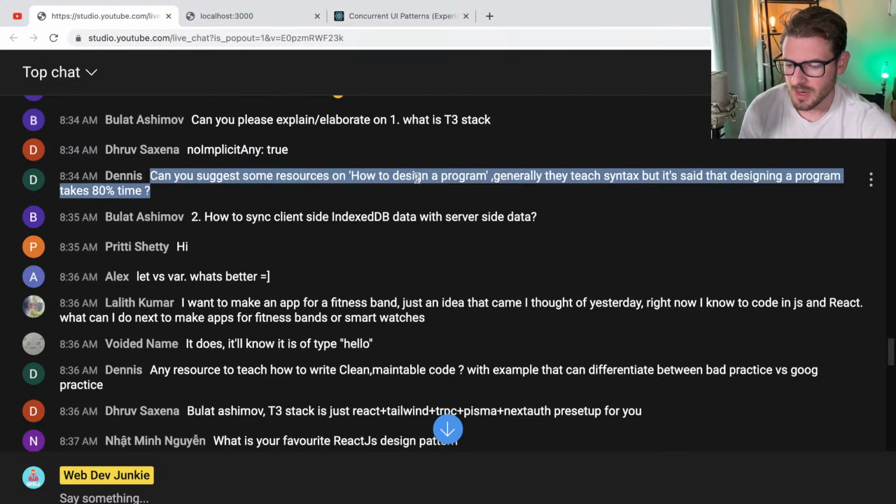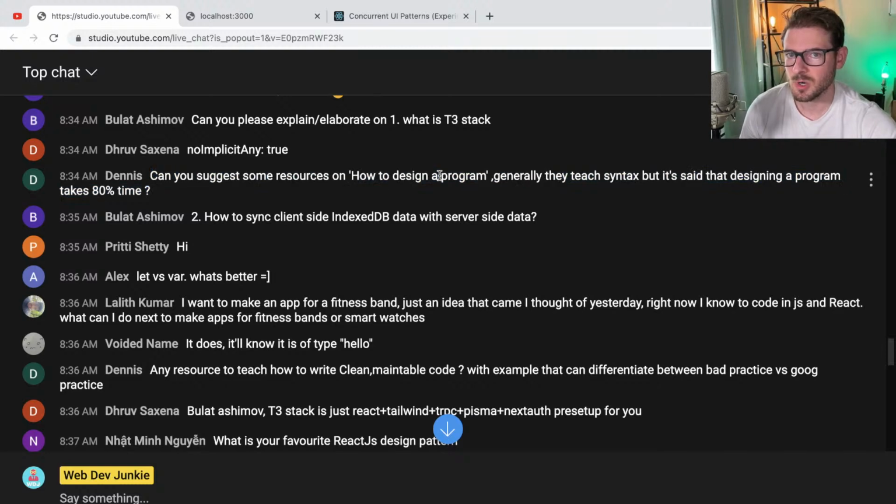I don't know how to design a program. I like to work with an agile mindset of building software. So I don't design things, I build things, and then I come back and refactor those things to make them better. The word design is useful when you're building out systems, I guess, or little pieces of systems. But in terms of designing a program, I just